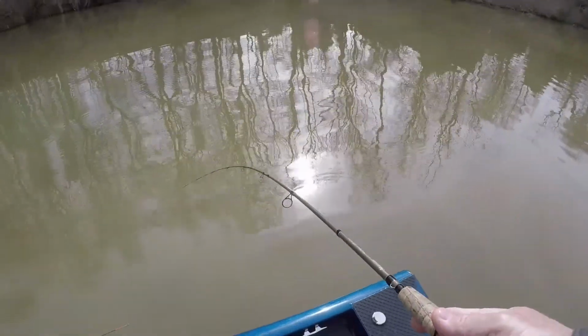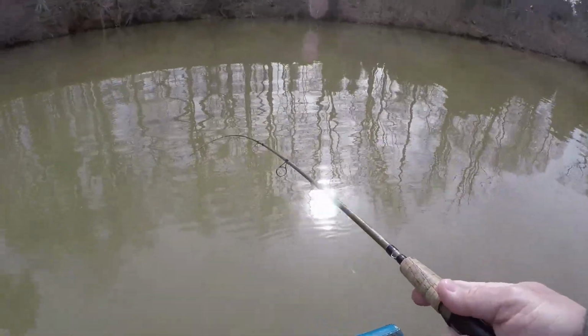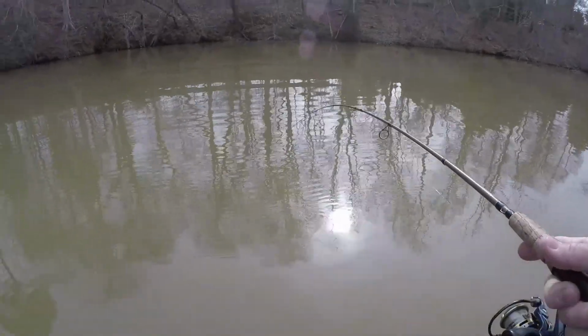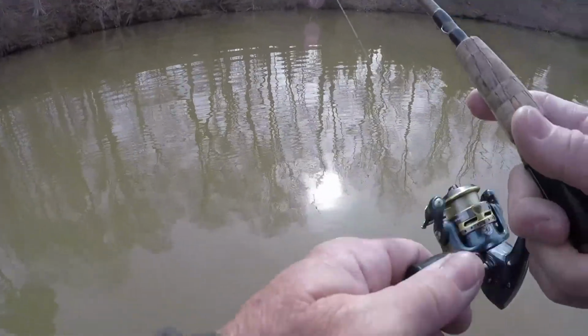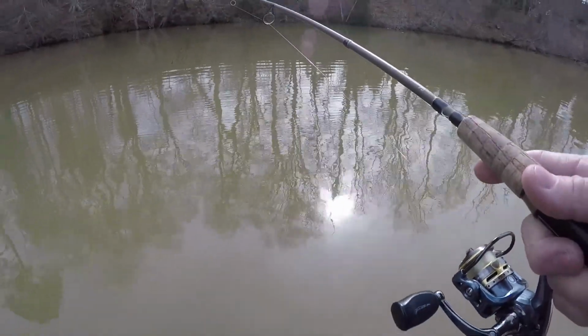Promise you, it's been a while. They're hard to catch. You gotta get it right in front of them in the stained water. Even with the LiveScope, I gotta try to find them, and I bet I've thrown that, oh Lord knows, 30 or 40 times since I caught one. Wow, he acts like he's a pig. I'm just holding right now. Now,